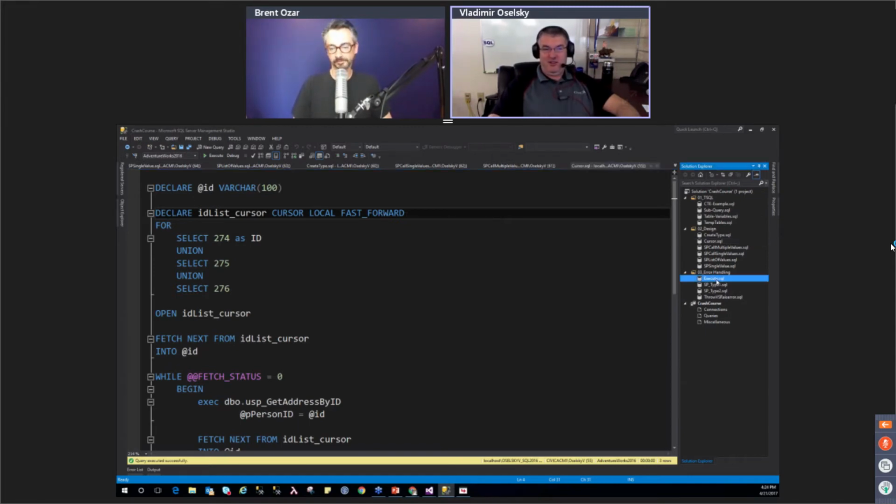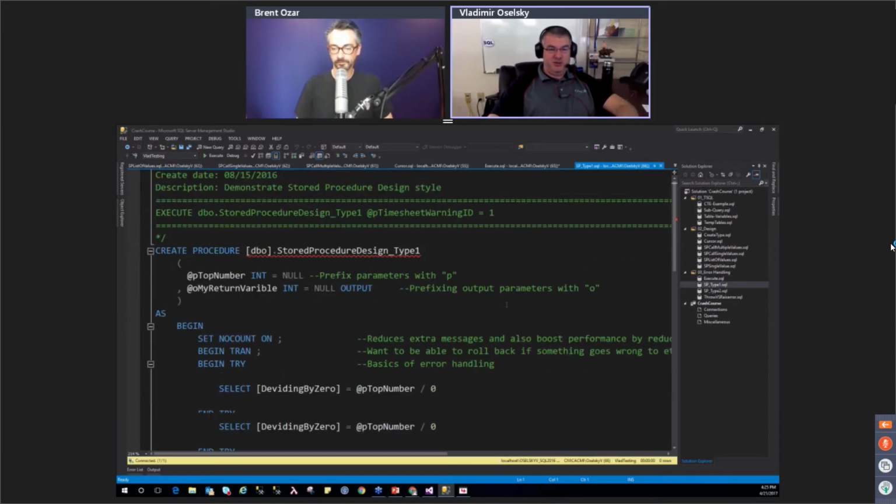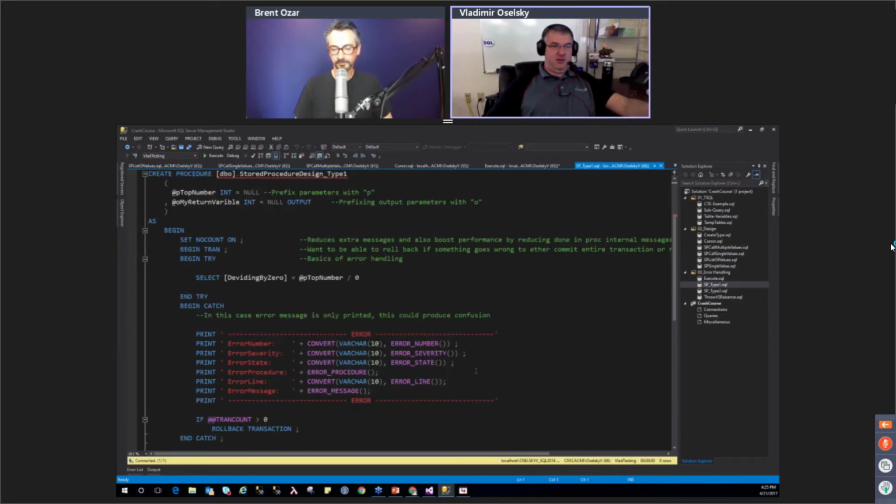Error handling. When it comes to error handling, it was second nature to me as a .NET developer. I learned try catch blocks pretty much right off the bat. So working with SQL Server, I forgot when try catch blocks were introduced, but I was glad that they were.